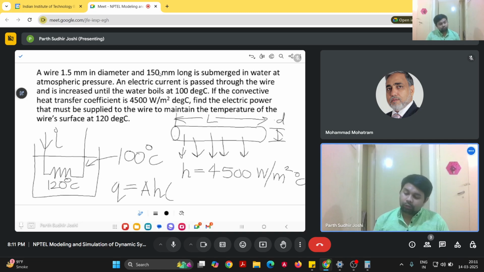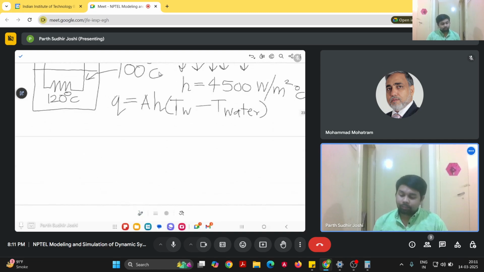Here the wire is at 120 degrees Celsius, so let us call it T wire minus T water. The area is the curved surface area of the cylinder, which is pi into diameter into length, and which is equal to